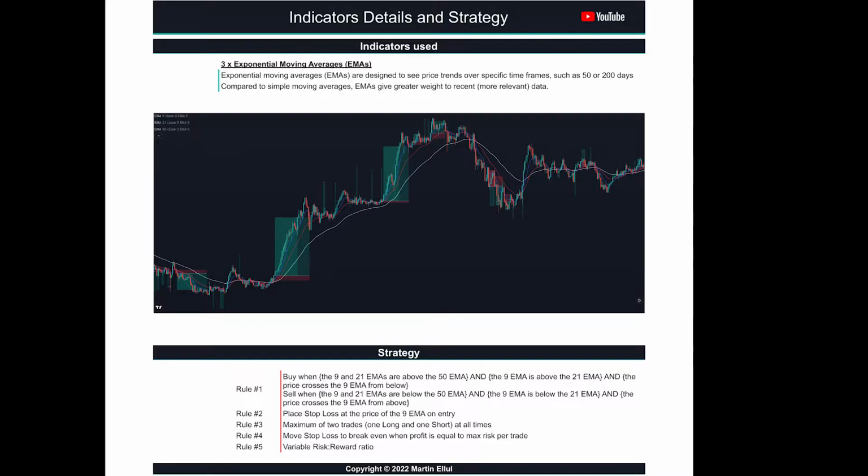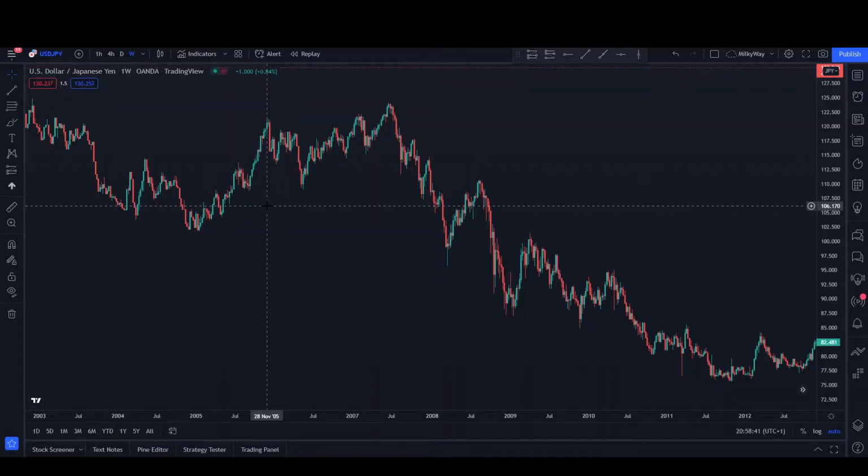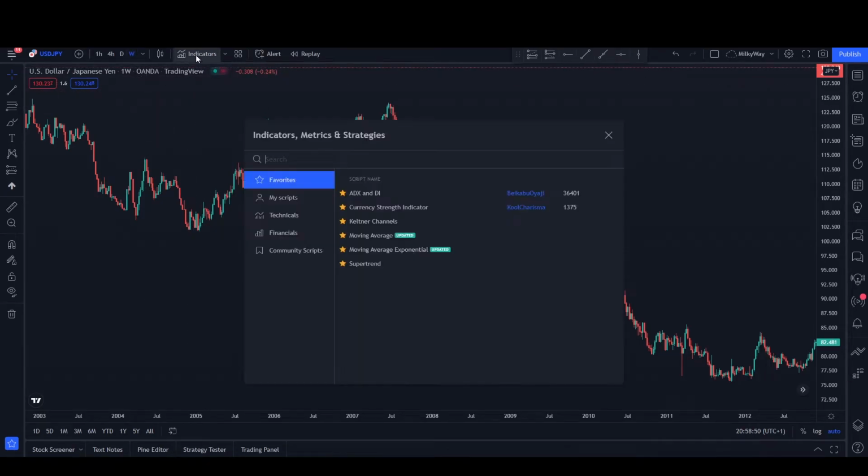So let's get on the charts now so I can show you a few examples, and then we'll dive into the backtest. All right, so here we are. On the charts, we're looking at the dollar against the yen on the weekly time frame. So we'll just go ahead and add the indicators. We've got three exponential moving averages. So I'm just going to click 3 times